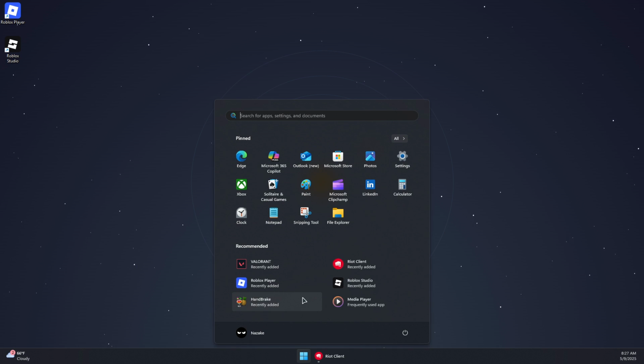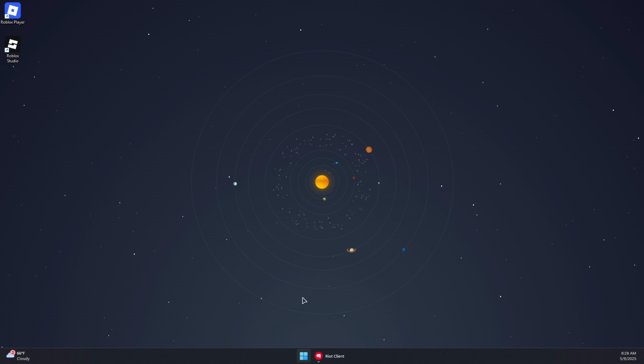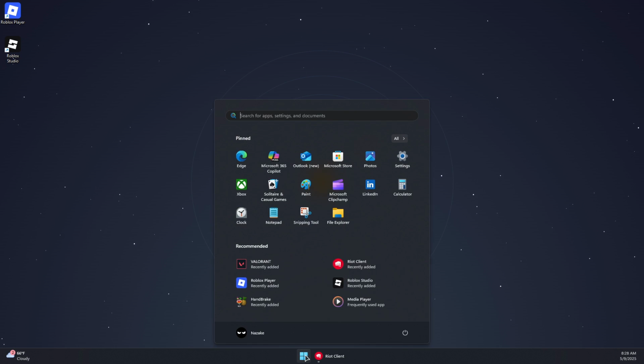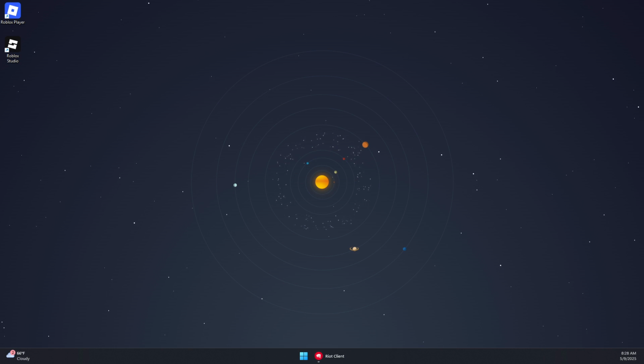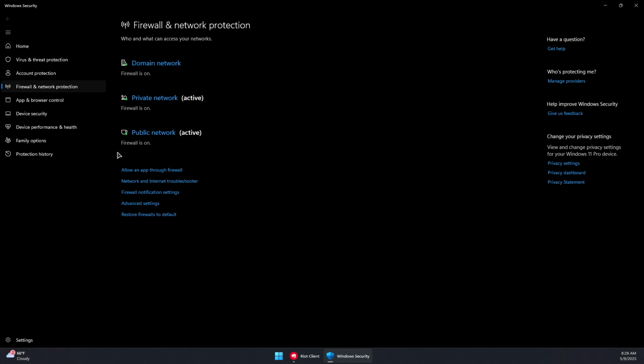So click on the Windows icon and then search for firewall. Then click on firewall and network protection. And in here you can either temporarily disable these three firewall settings for the public, private, and domain network, or you can click on allow an